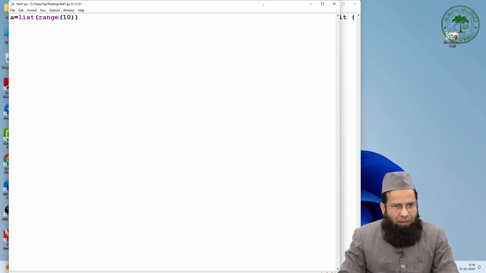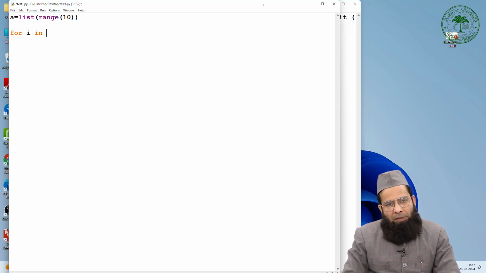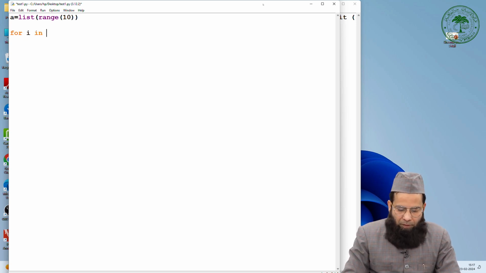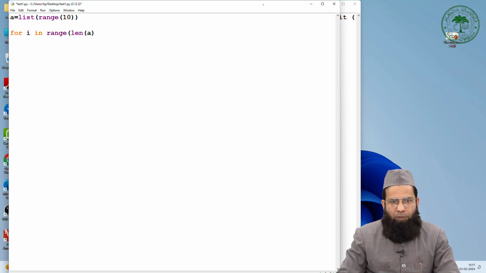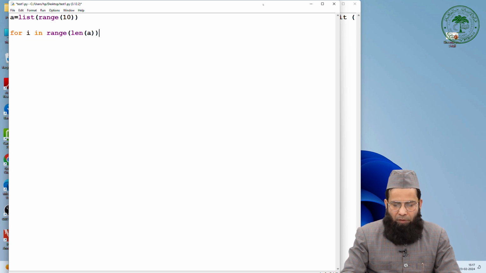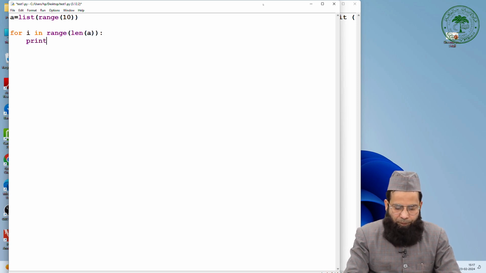So A would contain values from 0 to 9. Now I'm trying to access individual values of A: for i in range, length of A, and then